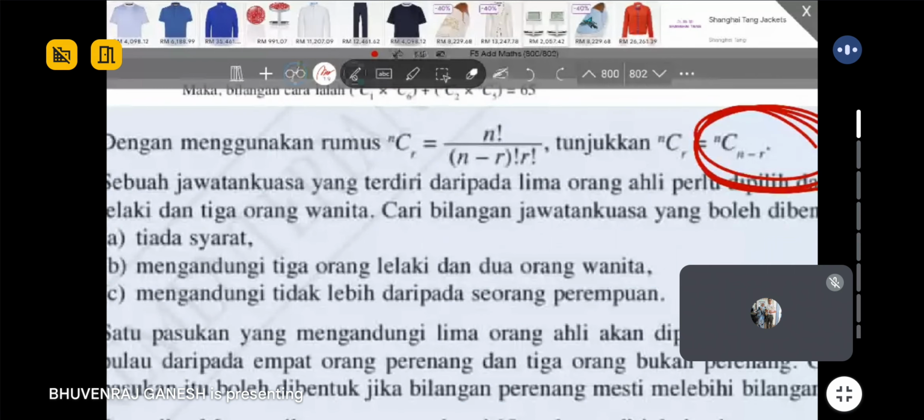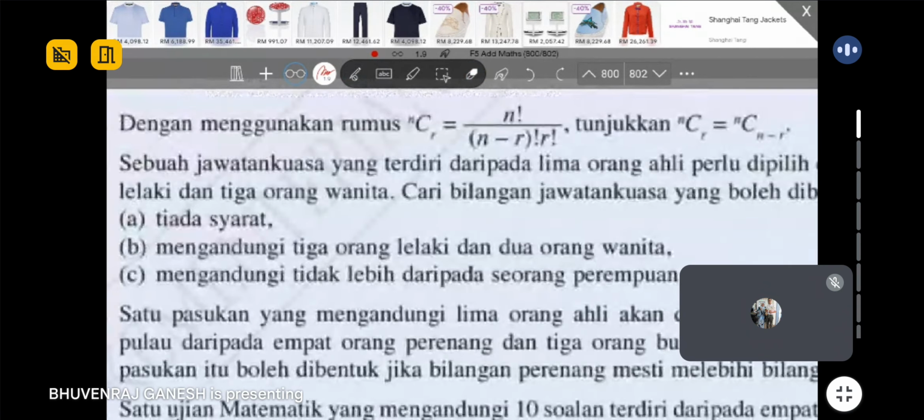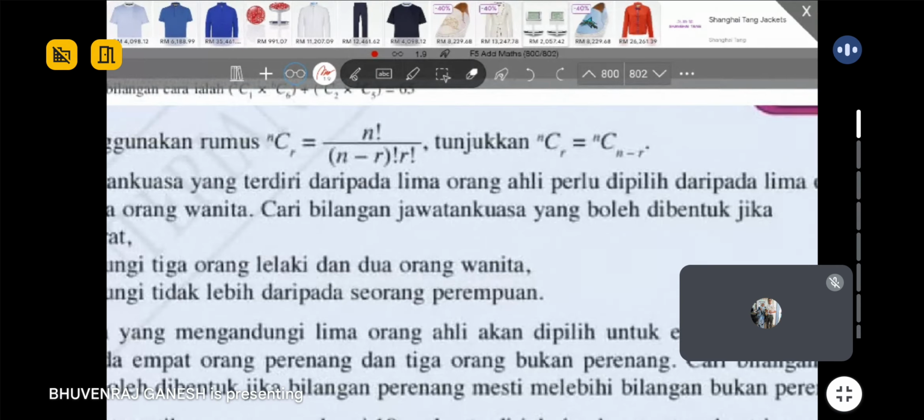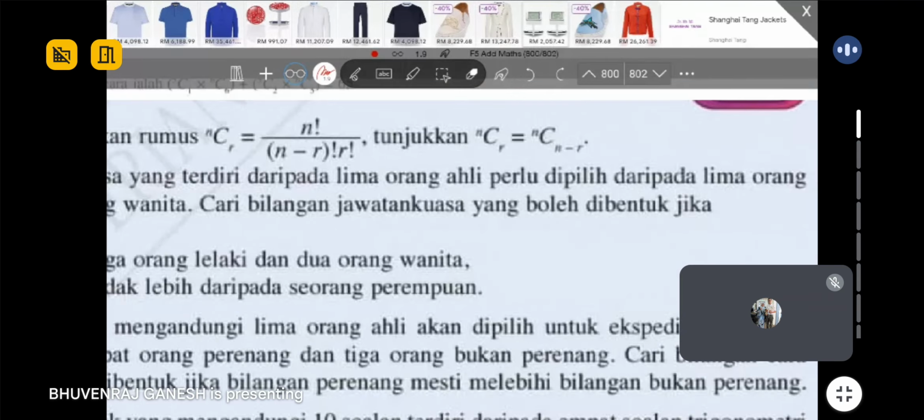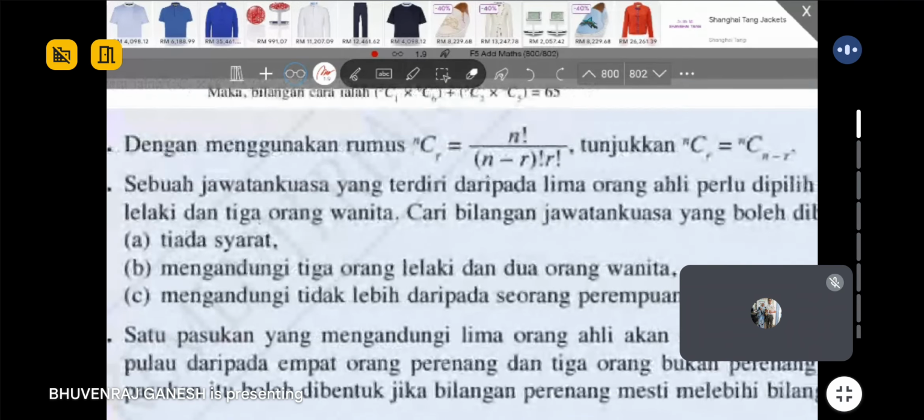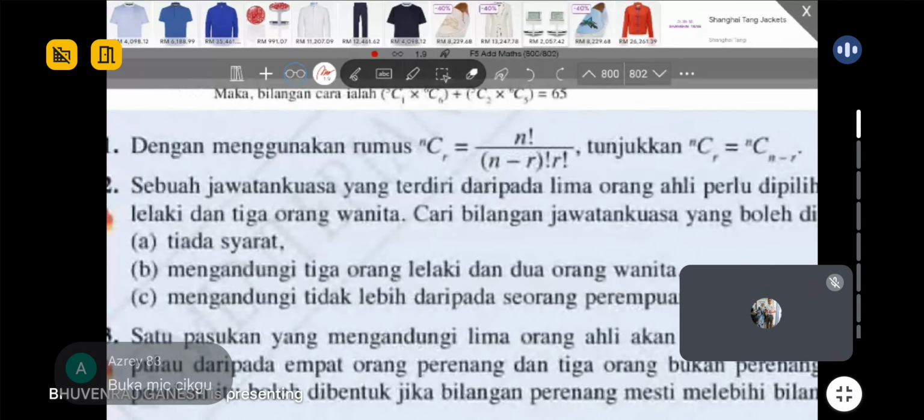Question 2 easier. This is more the type of question in exam you will see. Okay, so they say that got 5 members that they must choose from 5 male, 3 female. Okay, so they ask you how many